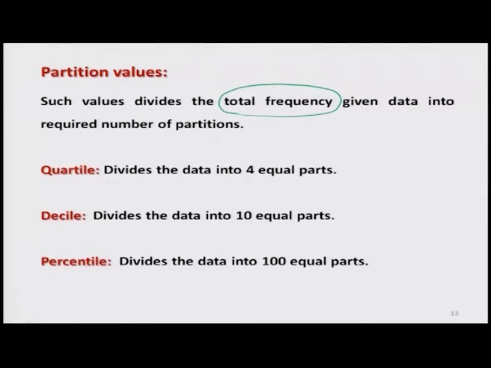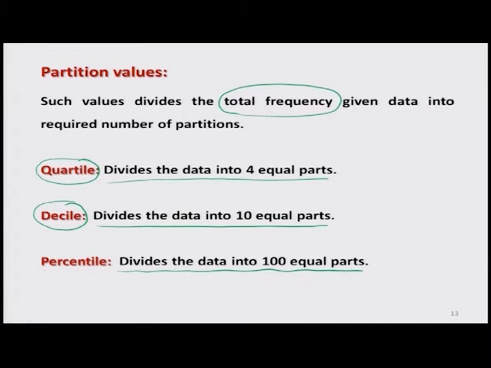When I divide the entire data into 4 equal parts based on the frequency, then every partition is called a quartile. When I partition the entire data into 10 equal parts, every part is called a decile. And when we divide the entire data into 100 equal parts, then every part is called a